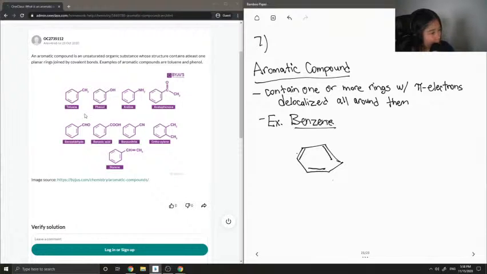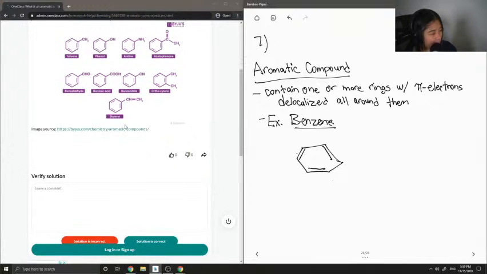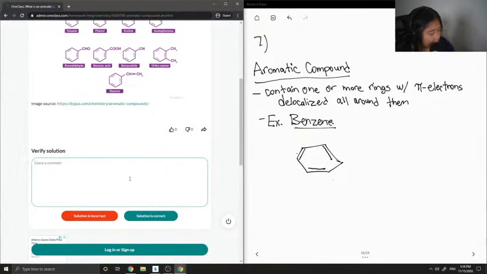You have toluene, phenol, aniline, acetophenone, benzaldehyde, benzoic acid, benzonitrile, orthoxylene, and also styrene. Okay, so this solution is correct. I'll also add that